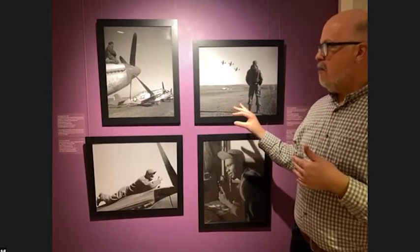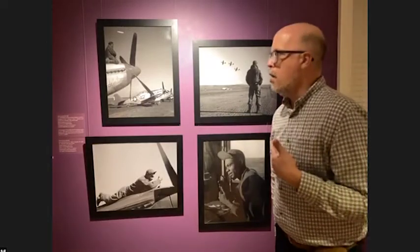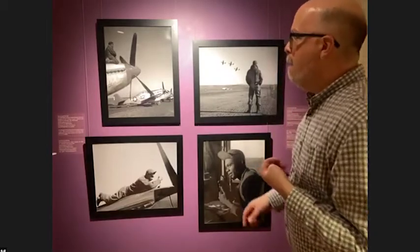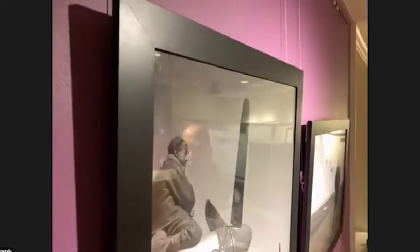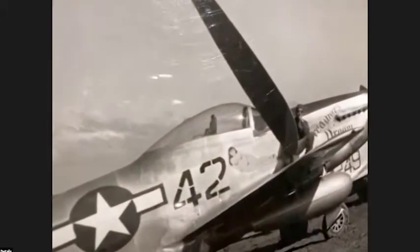So that said, we have, back to these images of not necessarily the pilots, but individuals that aren't always easily recognized, individuals that are not always pictured. This is a truly stunning image and one that we use quite a bit in our marketing because you have the propellers, which are fantastic. I love the wear and tear on the painted surface of the plane, but to have the workmen here as well as sitting on the wing in the distance in these very flat Italian landscapes,